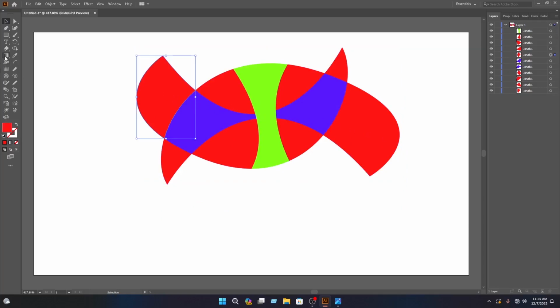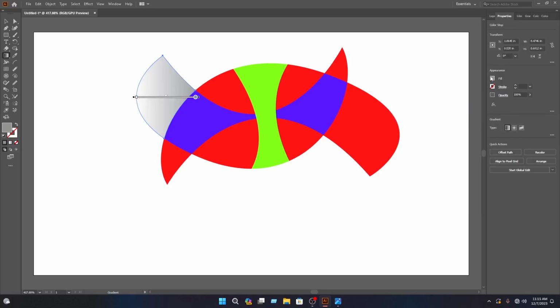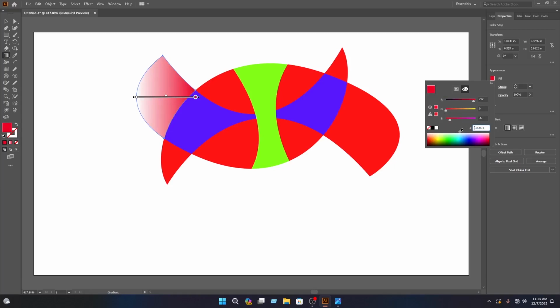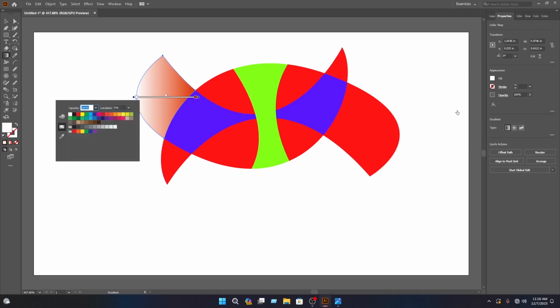then you have to select this and select the gradient tool, then click on here, then you have to select this and go to the properties, then you have to click on the fill, then select this color, then go to the color option, then you have to select this color from here, then you have to select this and drag this in here, then you have to select this, then click on the fill again,